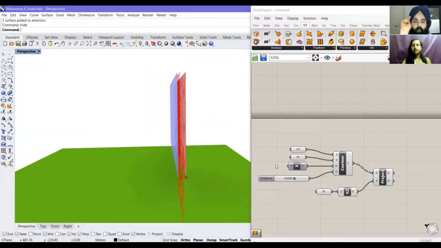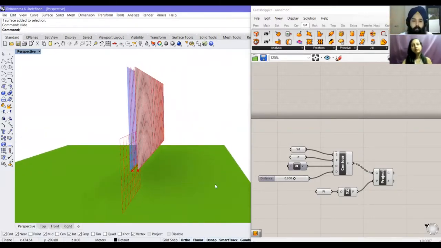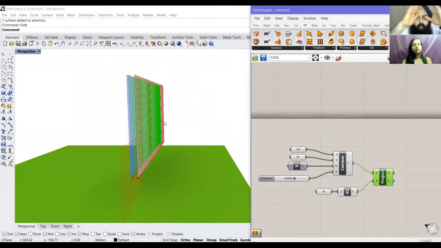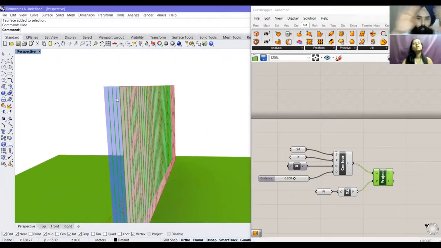Just to rephrase what she's done once more for all the viewers, just to bring them back: we created a plane, which was a glass plane. On that there was a point. From that point we created, on the whole surface, a contour, because that contour was to be the array of where the lures are.